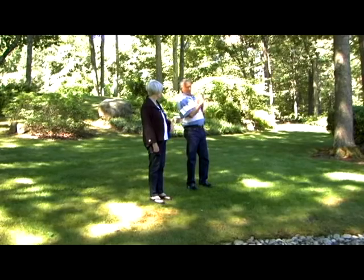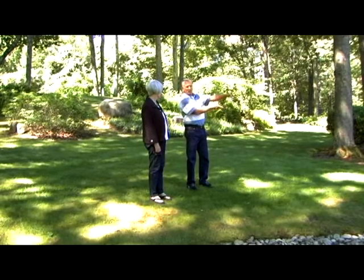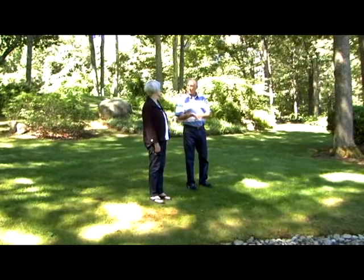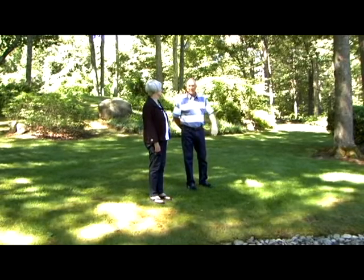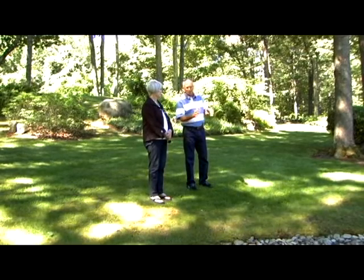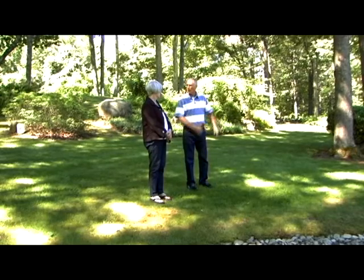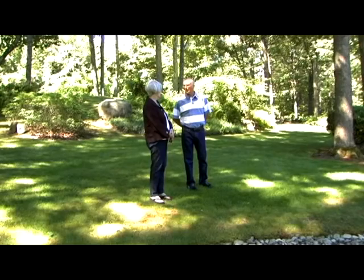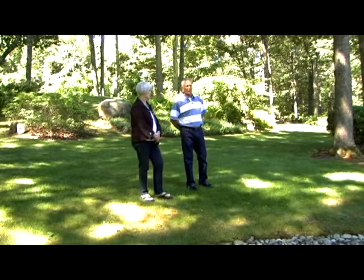If you notice, what's coming this way is dry. What's coming under from the other side of the driveway, the water table is still enough that it flows. And they did a nice job of, I'm trying to think of the terminology, but for making the water able to flow out without getting stopped. Very nice. French drain. That's what I'm trying to think of. Okay, French drain. They did a nice job of French draining the property to take the water away from the